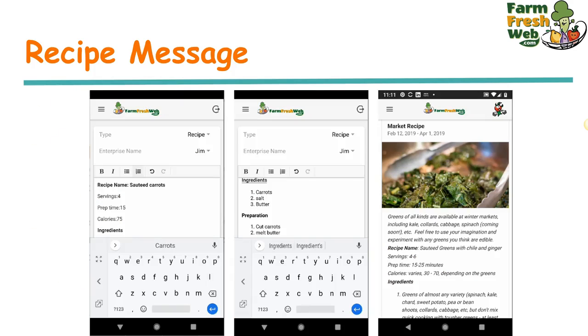Let me show you what that looks like from a screenshot perspective. You can see here those first two screens are from the Farmers app, and you see we've chosen the recipe type. And then you see those labels: recipe name, servings, prep time, calories, etc. We have put in the data for those. So, for example, this is 4 servings with a prep time of 15 minutes and a calorie count of 75 calories per